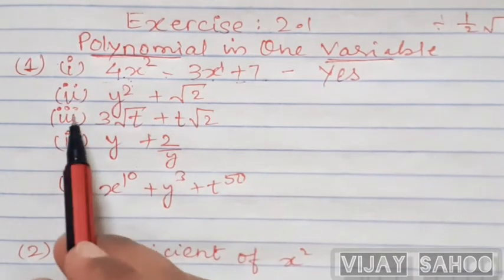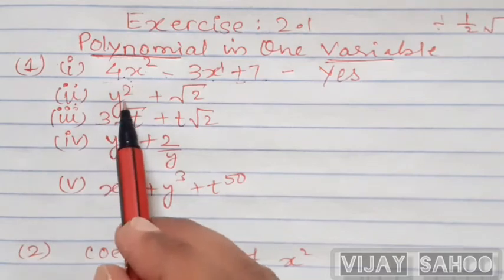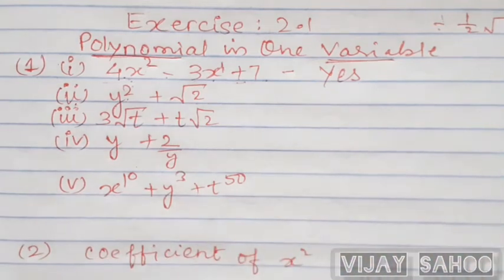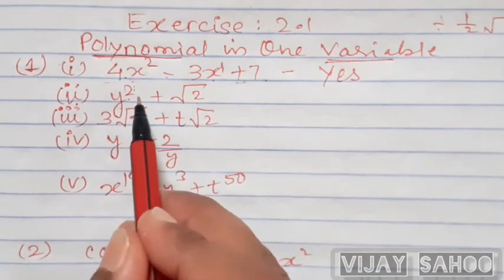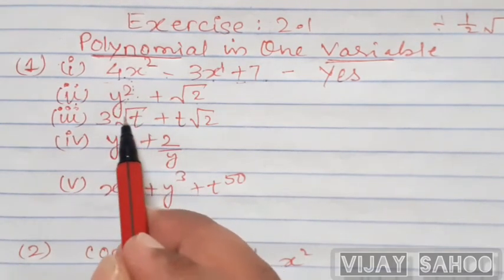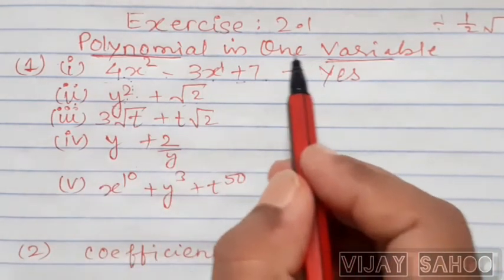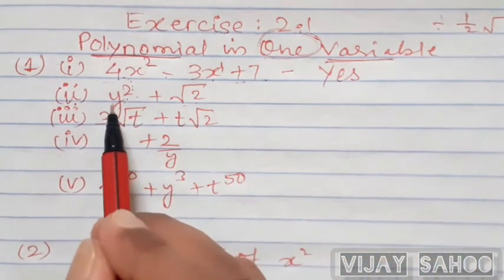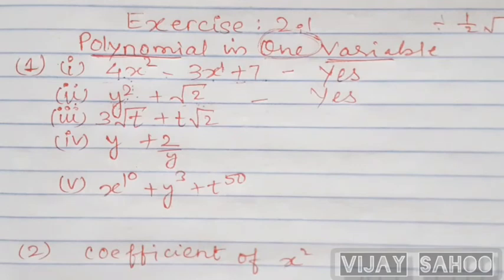Now here the second one, we'll check whether it is a polynomial or not. What is the power here? That is 2. Here it is a constant term. Constant term में कुछ भी पावर हो उससे कोई लेना देना नहीं है. But variable के ऊपर जो पावर है, that is very important. Here it is a natural number. सो ये तो कंफर्म हो गया कि it is a polynomial. Now what will we do, we have to check whether it is in one variable. One variable means what? Here only y is there, no other terms are there. So this is also a polynomial and in one variable.